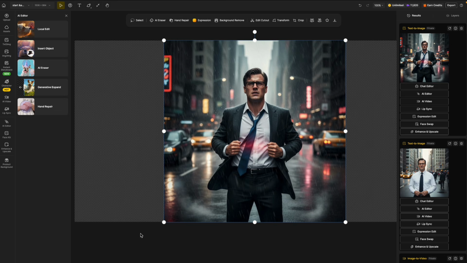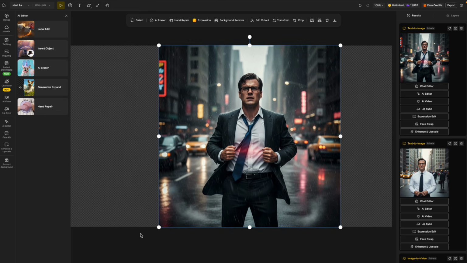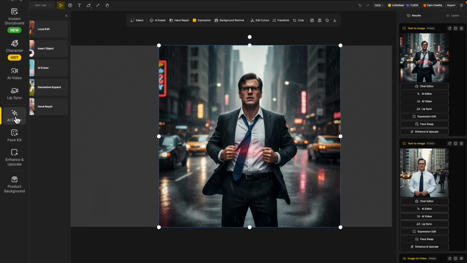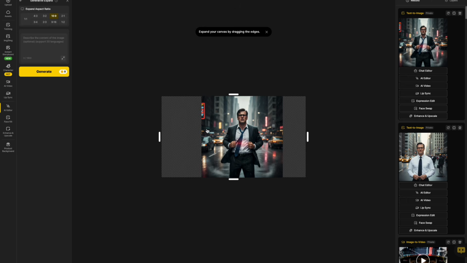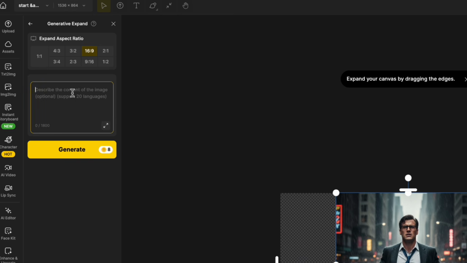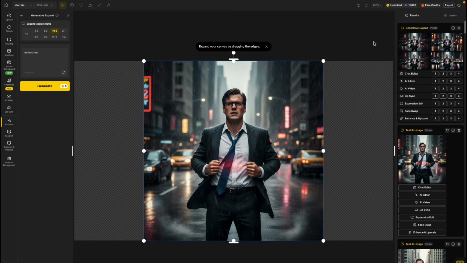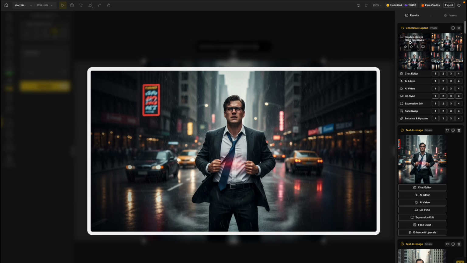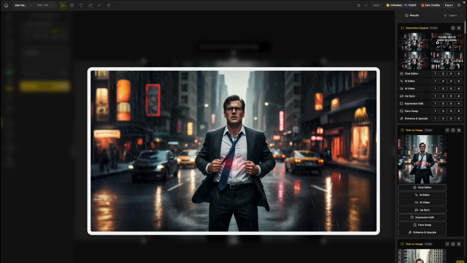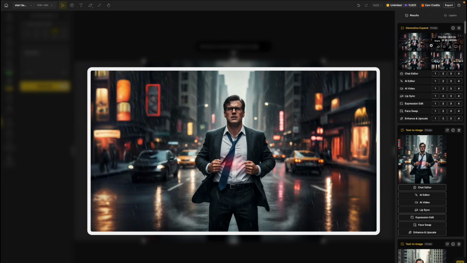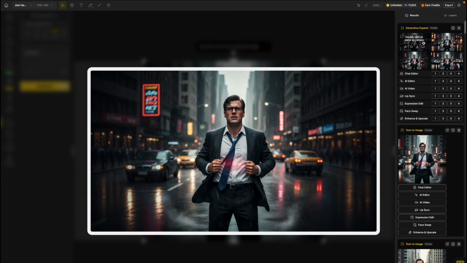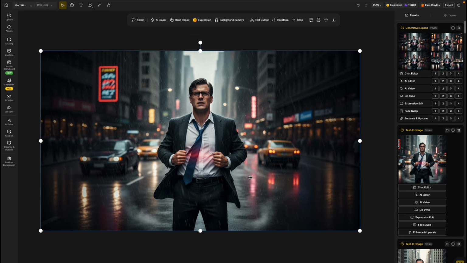And as you can see, as this hasn't come out 16:9, we can go to AI editor on the left bar here and choose generative expand. I'm just going to place them in the middle and 16:9 and describe the content of your image. I'm just going to put a city street. It's generated 4 options for the expanded image. We've got this one which actually looks good, this one a bit different, they're all a bit different, and for me the best one is this one here. So I'm just going to double click to put that on the canvas,